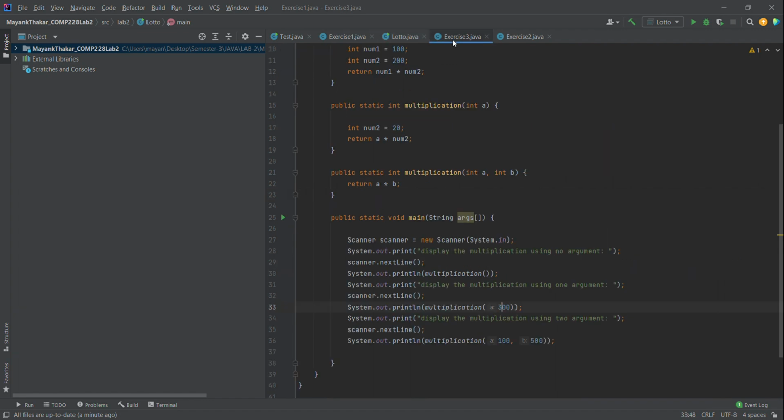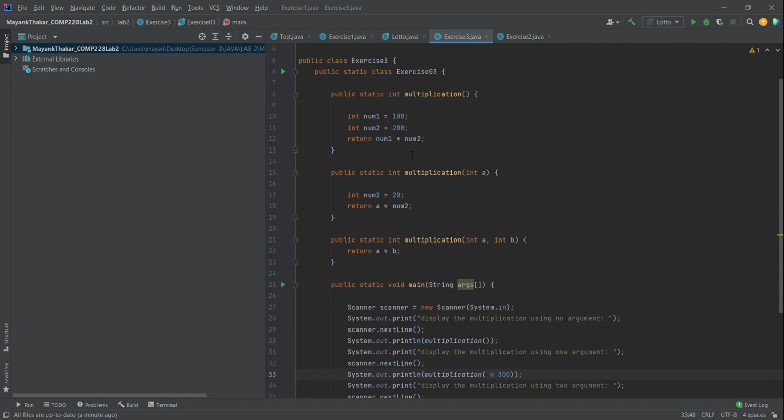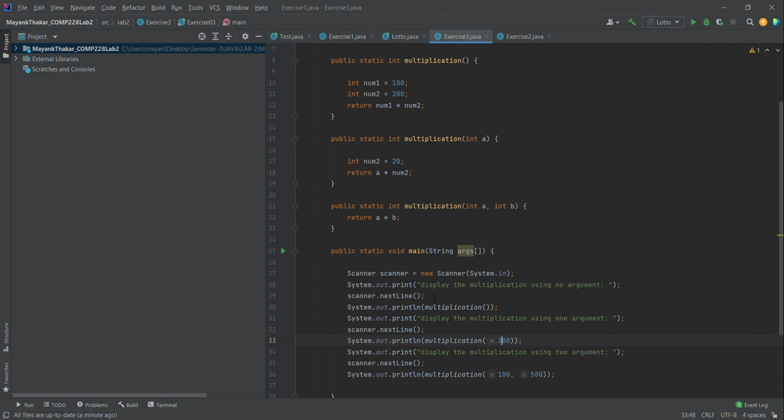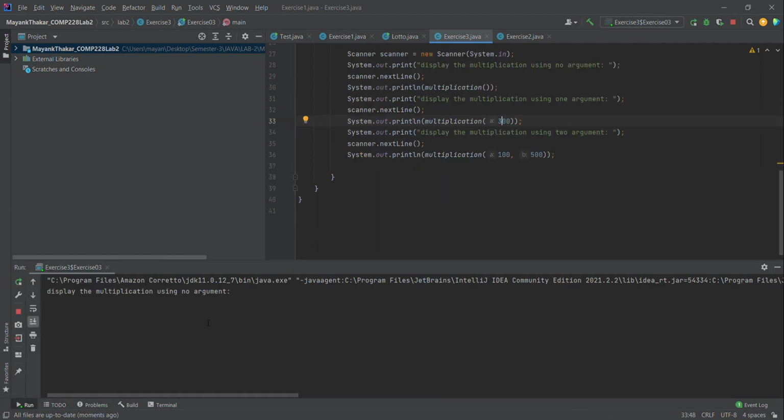Now exercise number 3. For exercise number 3, it's very simple. For the first multiplication, I've used two different integers to return the multiplication of the two numbers. In another multiplication, I have passed one integer parameter a, and I have assigned the value of a while printing over here. And in another one, I have passed the two parameters a and b, and passed the value of them over here. So when I run this exercise,